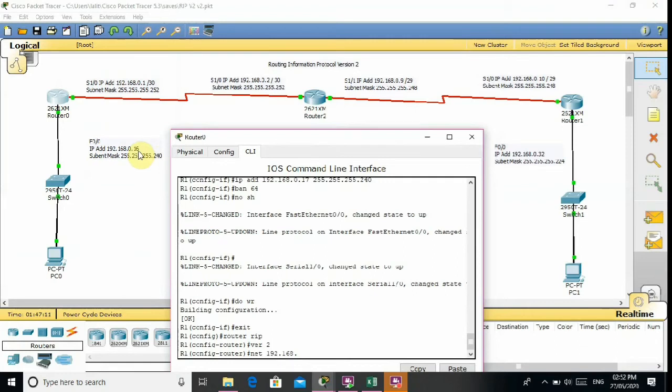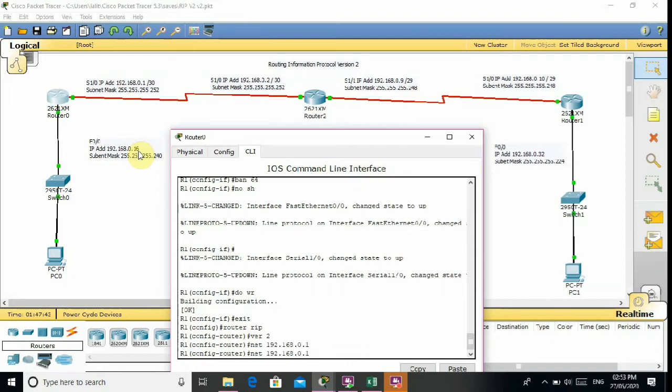There we can see the network is 192.168.0.1. This is router first's serial 1/0 interface. After that router second, and after that FastEthernet 0/0 of router first. This subnet mask was typed by mistake.